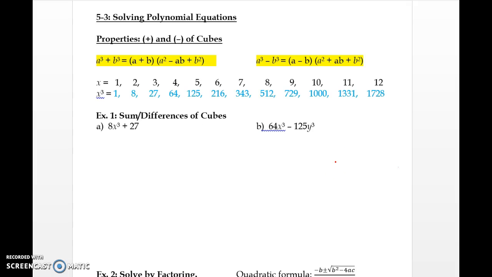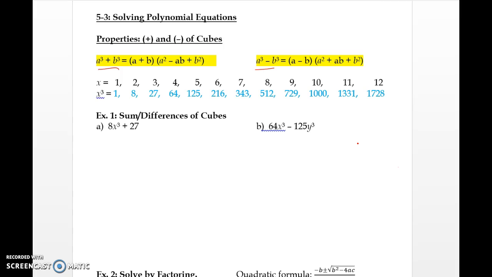Okay, so this is section 3, where we are going to be solving polynomial equations of third and fourth degree polynomials. So the first thing we talked about was factoring perfect cubes, or the sum and difference of cubes. And we use these equations. A cubed plus b cubed is a plus b times a squared minus ab plus b squared. Or we can use the equation a cubed minus b cubed equals a minus b times a squared plus ab